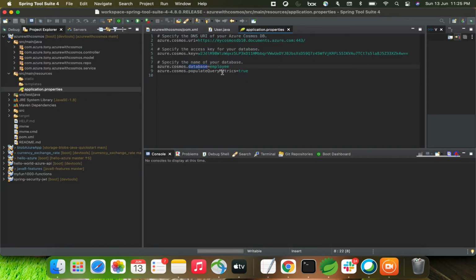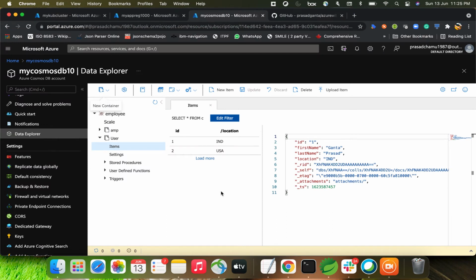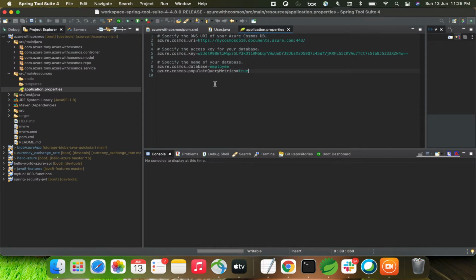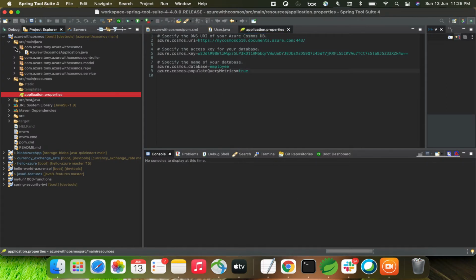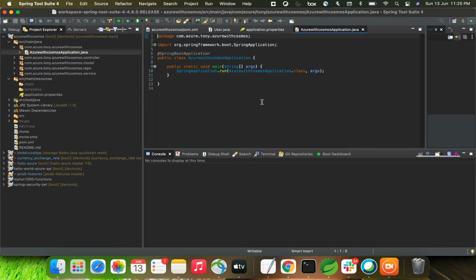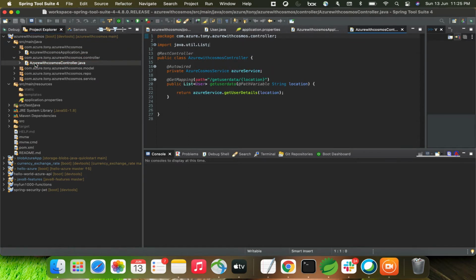Then I already told you about the query metrics. If you want to populate the query metrics, you can keep it true. I'll show you how the query metrics will come over here. So this is about the Cosmos DB and the database. And as usual, if you go to the applications, you'll see the Spring Boot application, the classic one. Then in the controller, for now I only have one endpoint, get user detail by location. So based on location, I need my